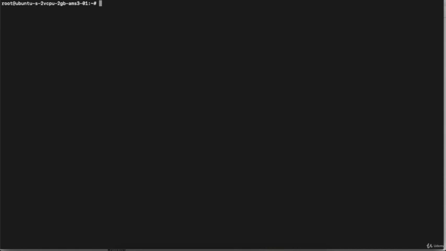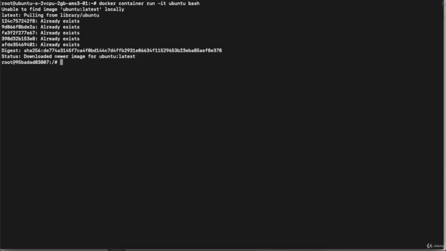Now we have seen how we can go inside running containers, create something and verify something. Now we are going to start an Ubuntu container with the help of the Docker run command, and we will execute some commands inside my running container, right? For this, I will enter the command docker container run -it, then the image name, then bash. Hit enter. So it will download the Ubuntu distro on your machine, and it started a container with this particular ID, and right now you are already inside the running container, right?